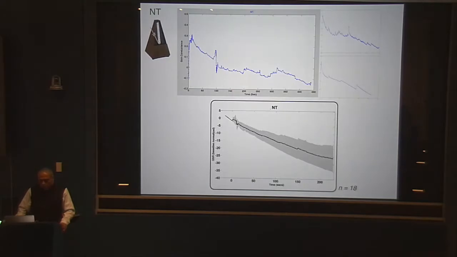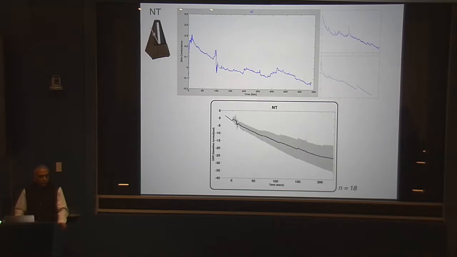In a separate study, we are looking at the neural activity as measured via magnetoencephalography or via electroencephalography. So let's first start with galvanic skin response. With neurotypicals, the data are entirely unsurprising. You see, over time, so the x-axis is time, about 3 minutes, a steady decrease in the skin conductance, indicating habituation. On the top, you see 3 individual subjects, and on the bottom, you see average responses across 18 individuals, and steady habituation across all of them.